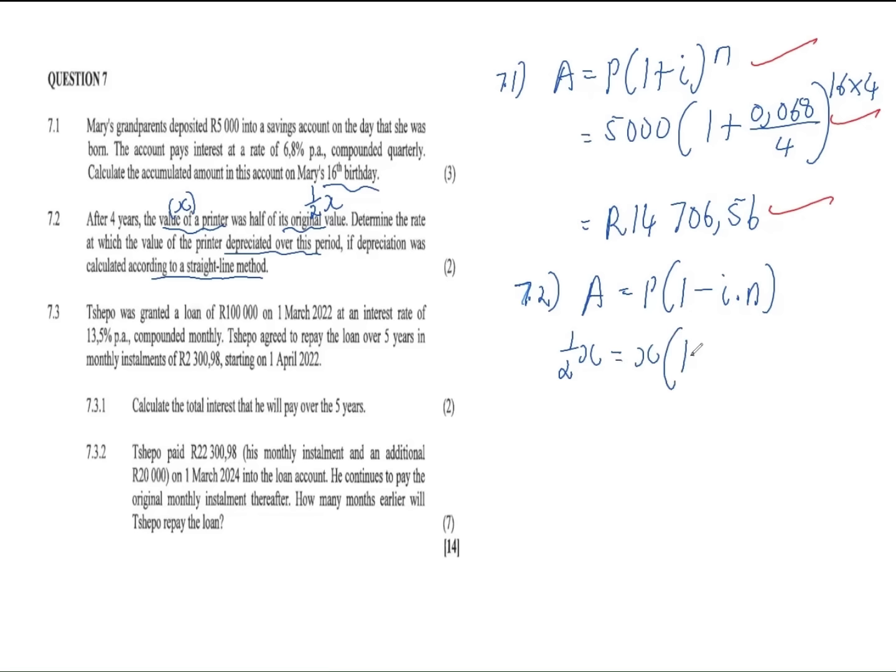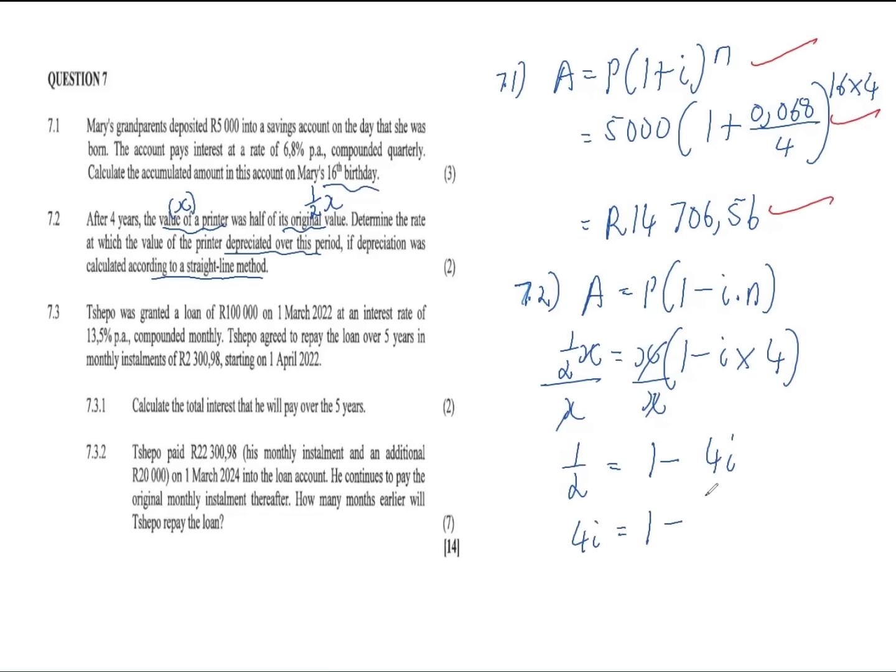X times (1 minus I), which is what we are looking for, but then the number of years is 4 years. So with this one, it's not quarterly, it's not monthly. We know that depreciation occurs on a yearly basis, right? So we want to divide both sides by X like that. And then we have half here. We have the 1 minus 4I,